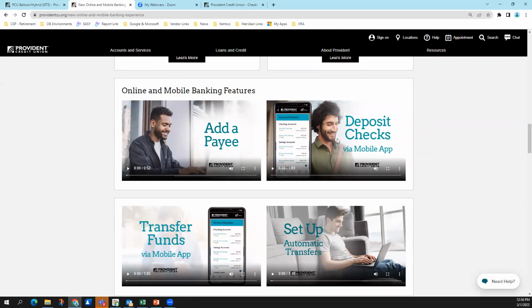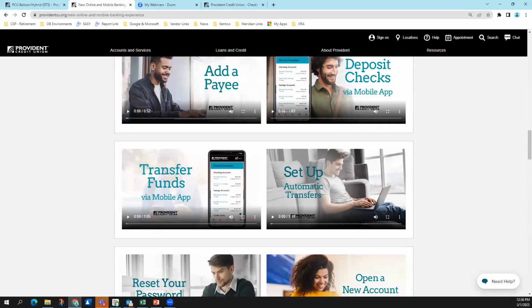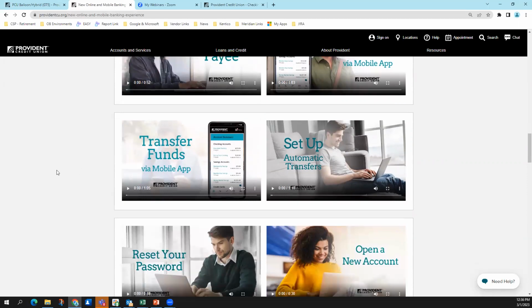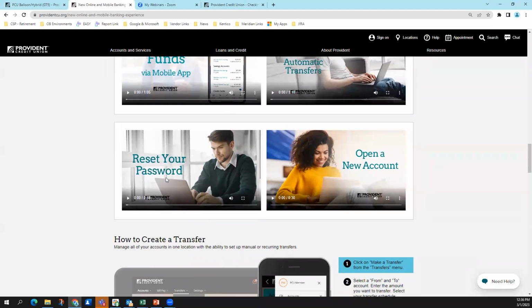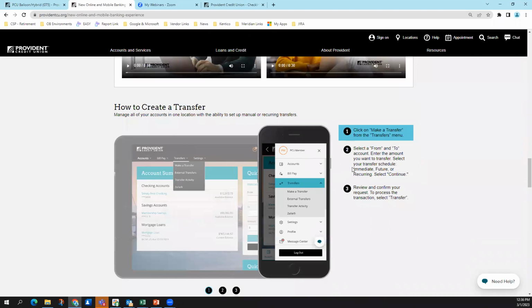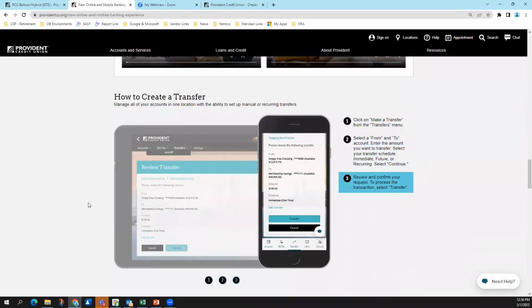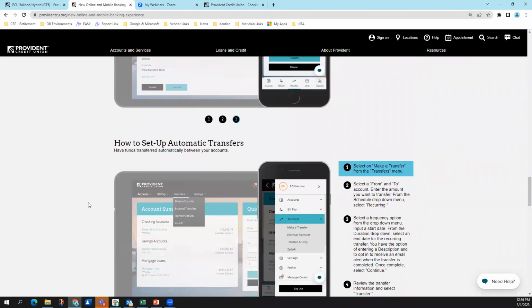If you've never used e-deposit before and want to learn how to deposit checks remotely, there's a video for that too. There are videos for transferring funds, setting up automatic transfers, opening a new account, or resetting your password. So if you want to watch a video for some of those tutorials, you can do that. But also, if you want a step-by-step tutorial, we have that available on this page as well. But back to the original question,